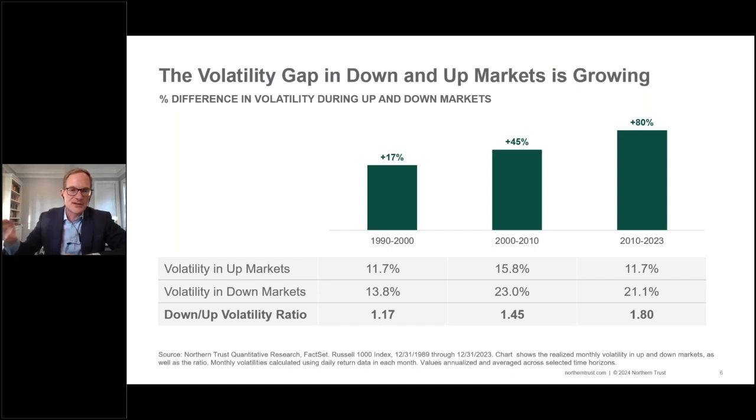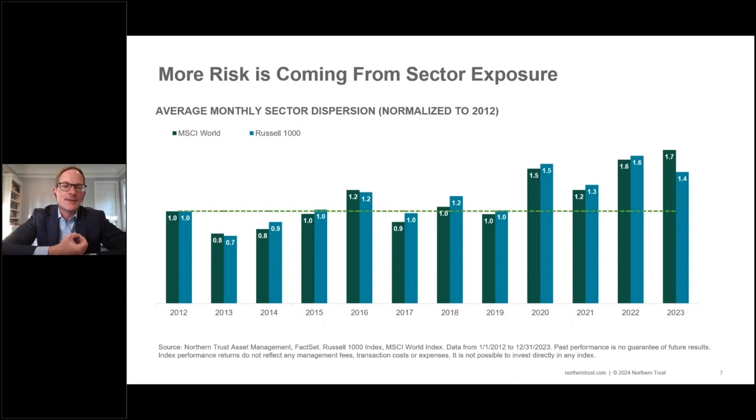Now, this is specific to the US, but if we cut it by other geographies, same idea. Whether it's regional or at a country level, we tend to see this asymmetric risk profile at play. Now, it's not just the aggregate index that has this sort of unique behavior. If you go to the components of an index as well, on the next slide, we show the dispersion in sectors. And over the last decade, you can see that there's a general trend up and to the right.